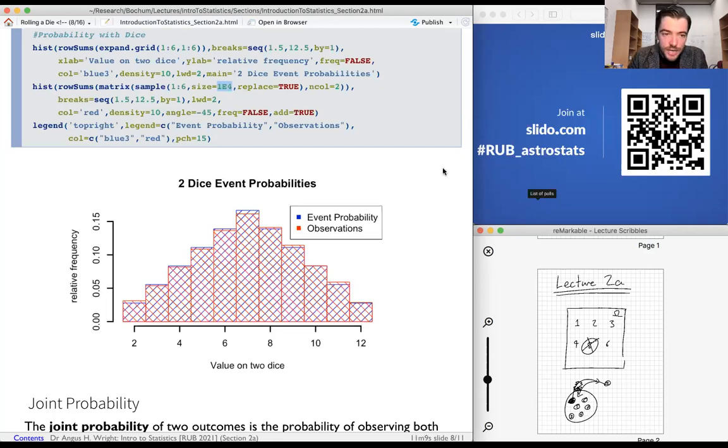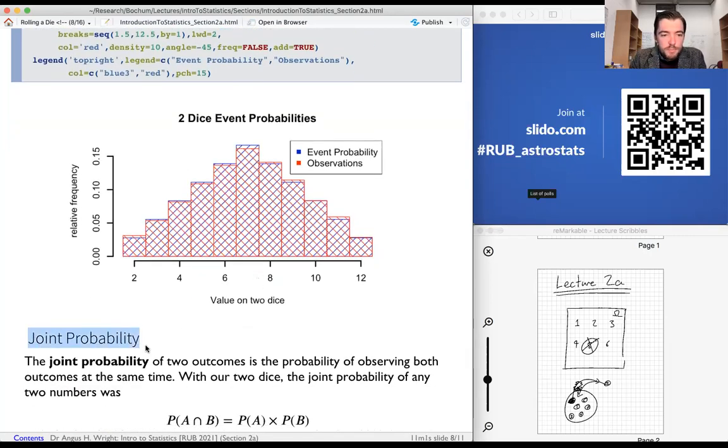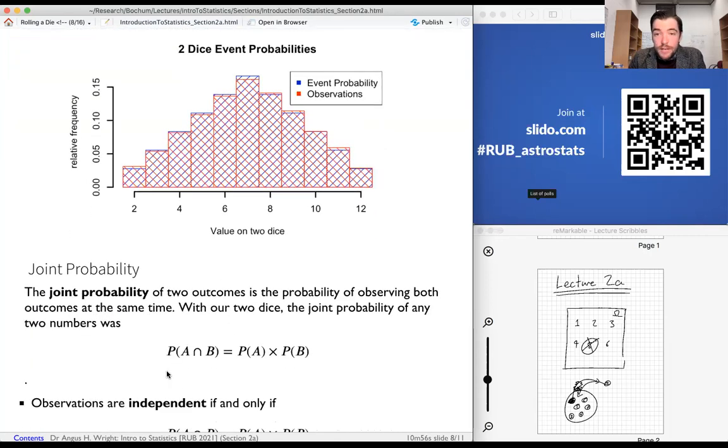And what this relative frequency of seeing a particular value is, what we've constructed there, is a joint probability. Okay, that is the joint probability of observing an event E,